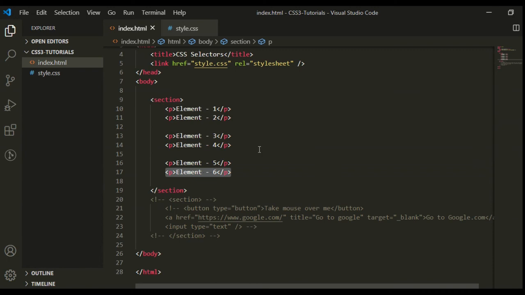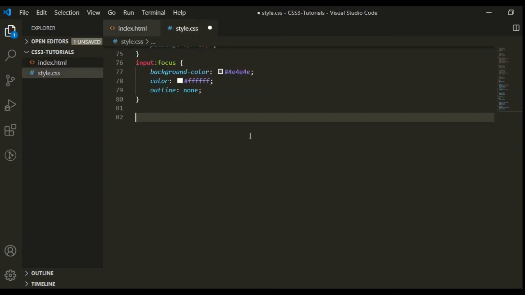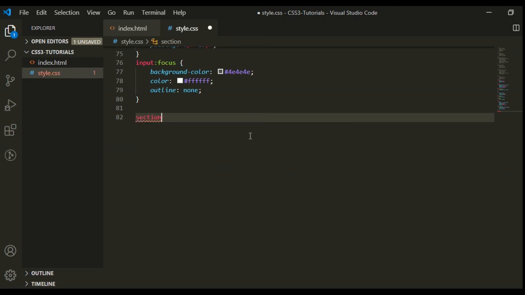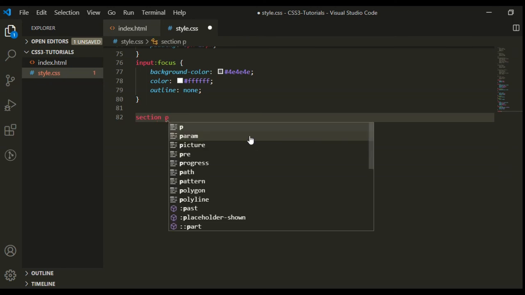Now I want to apply the CSS only to the first element or last element or any number of element. Then how will we achieve it? First the parent selector, we have section, and the child selector we have paragraph.